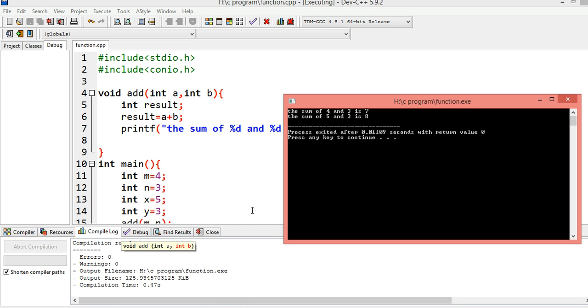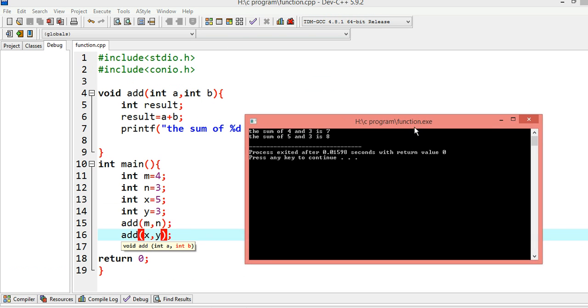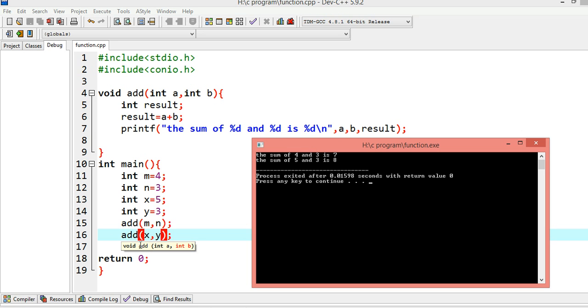You can see here, in place of x and y you may pass 5 and 3, and here you pass m and n. I want to show you that whatever you pass here, that would be there. First you pass x, and x equal to 5, then the value of a becomes 5, and again you pass y, then y equal to 3, then